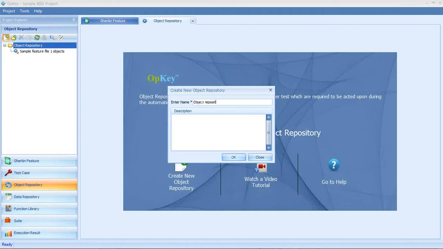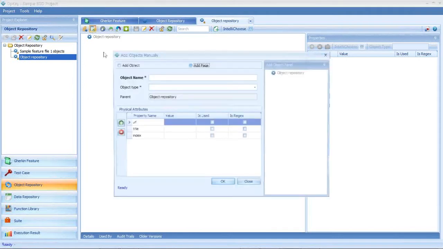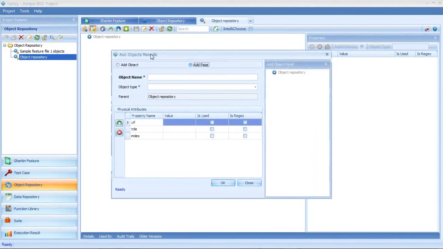How can I create my test cases even if the application is not accessible to me? Let me show you how we can create the test case. Suppose I have a specification document of a login screen, and this login screen contains username, password, and a login sign up button.